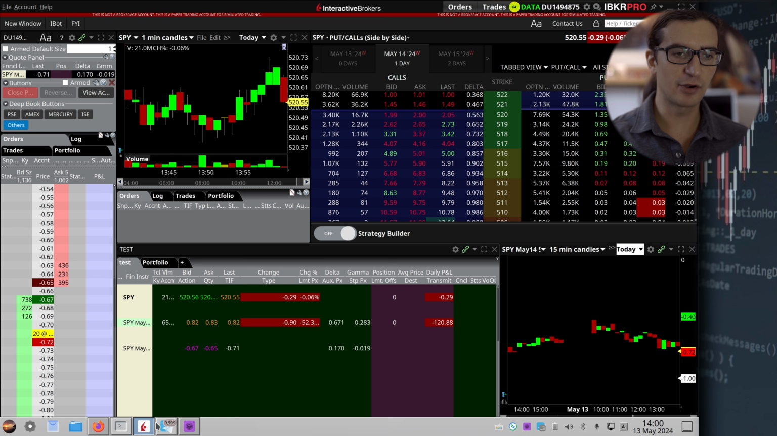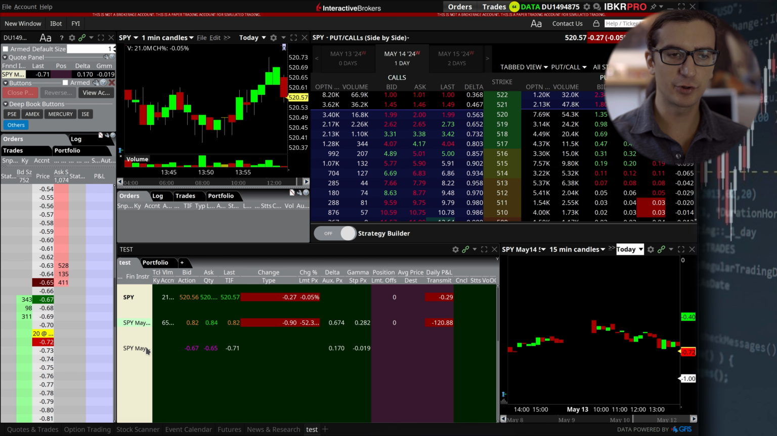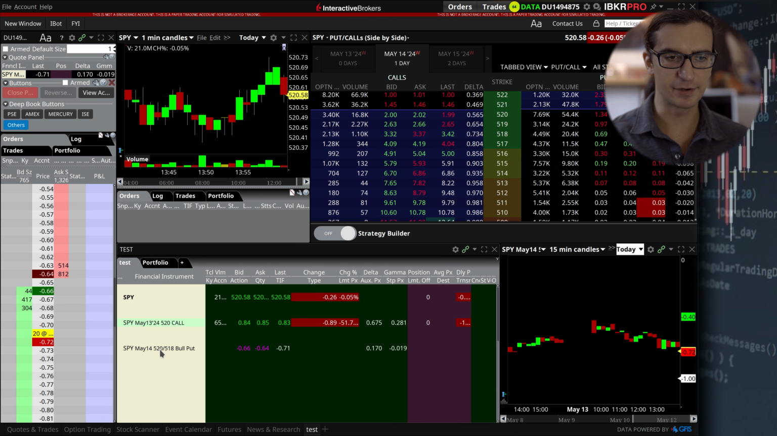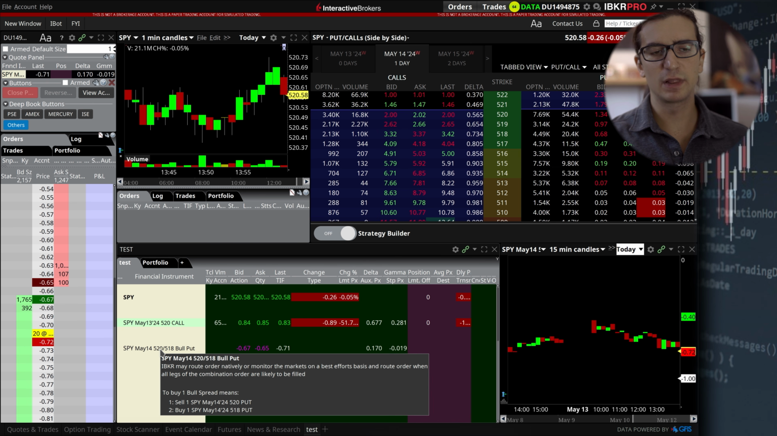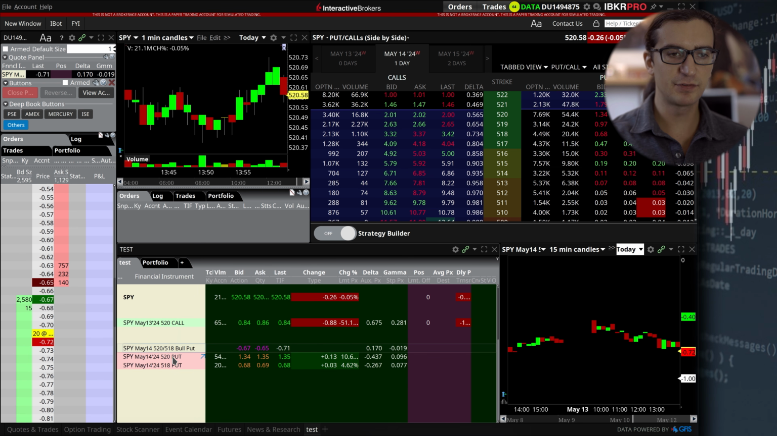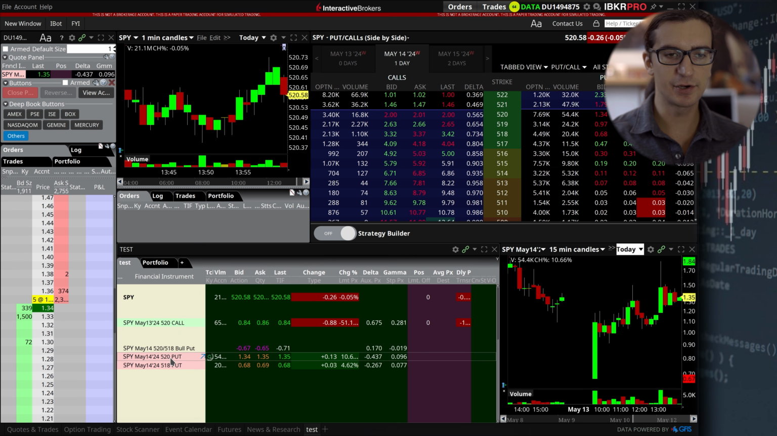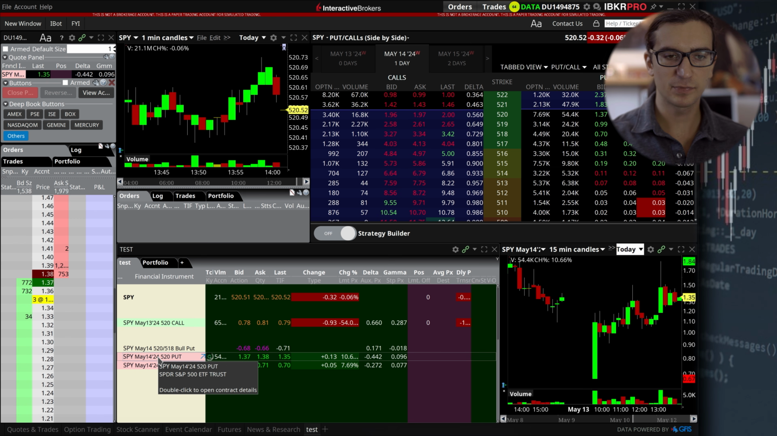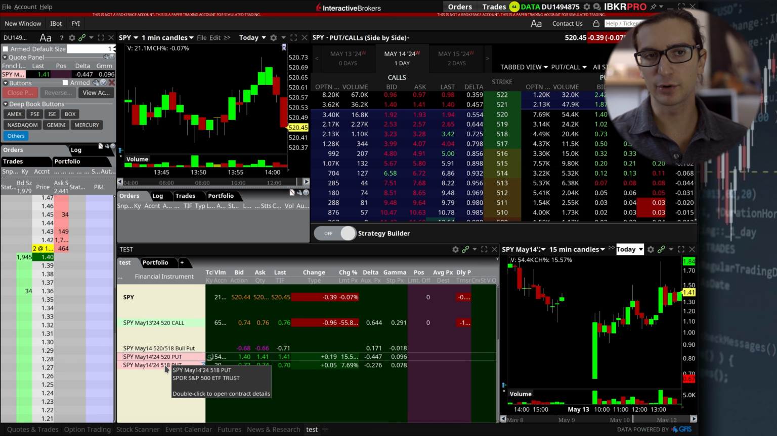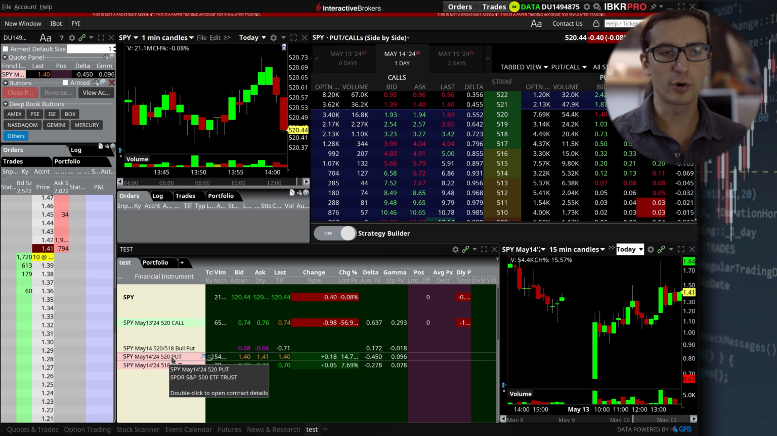So let's say you created an option combo like I did earlier here, and I dragged it into my watch list. So I have this combo right here. You can show the individual legs by right-clicking on it and selecting Show Legs. Now the individual legs appear right under it here in my watch list, and I can go ahead and execute orders for these legs individually using the methods that I showed earlier, like adaptive market order or a limit order